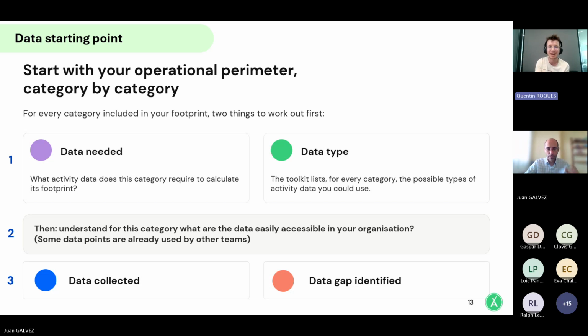Like there are already some data, most of the time, that are already used by the teams. So the idea is not to collect another new type of data, but to use, if possible, some that are already here. And then, once you have this question answered for your organization, which really depends on your information system inside your organization, then you can answer the third step, which is, okay,